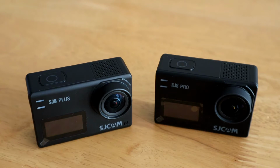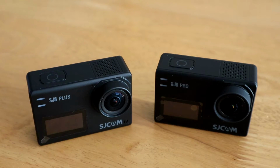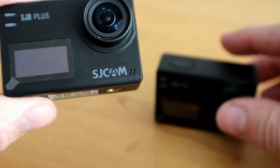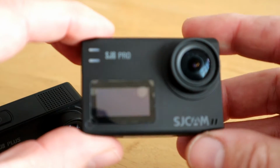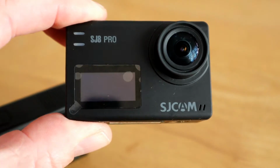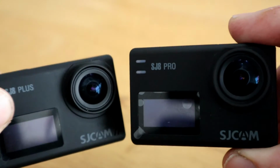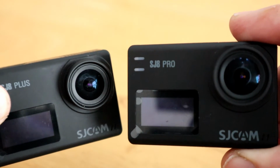Yet again, another review following on in my SJCAM theme. What I'm going to be discussing today is the SJ8 Plus and the flagship model, which I've been doing all my videos on recently, the SJ8 Pro. We're going to be looking at basically the specs of the two items compared to each other. And then obviously I'm going to discuss what the price is, the merits of each one against each other, and